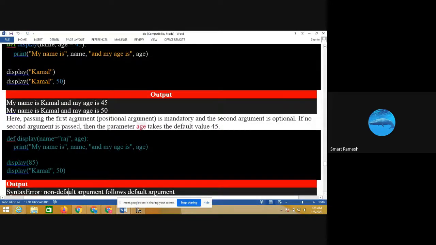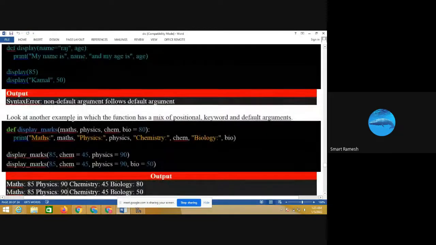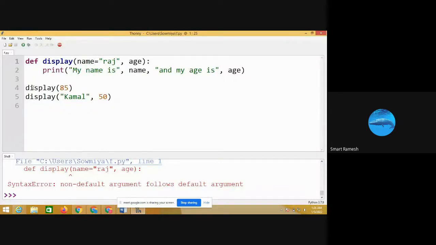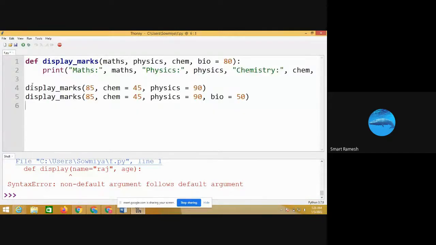Next program, we are going to mix the positional, keyword, and default arguments. We are going to mix these three arguments. Here, see, this is the positional arguments.